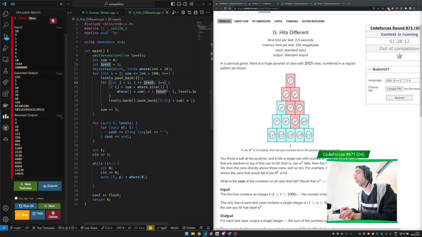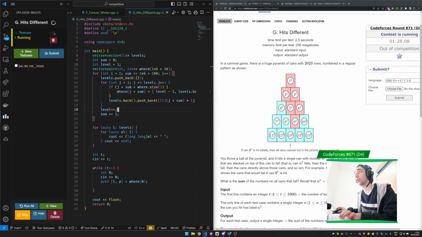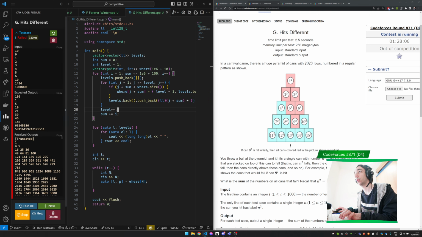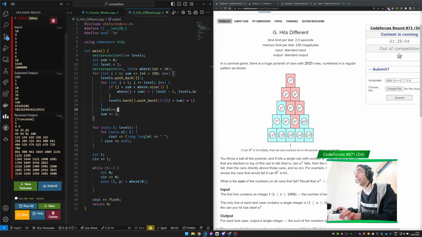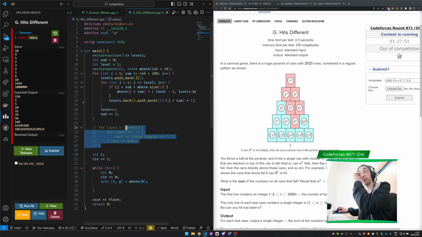Level. Okay, it seems fine to me. Okay, I just crashed the judge here. Seems fine to me. So we find this position